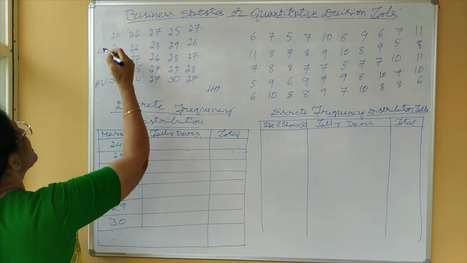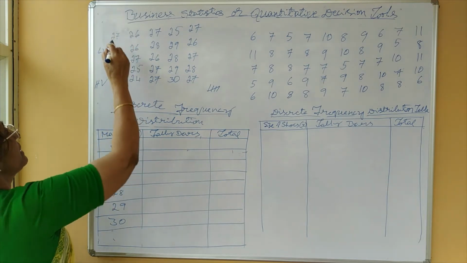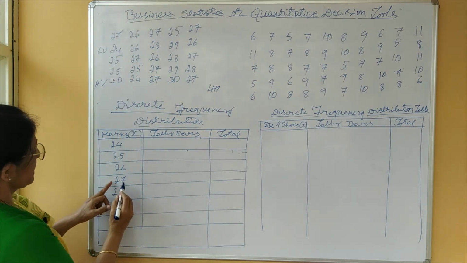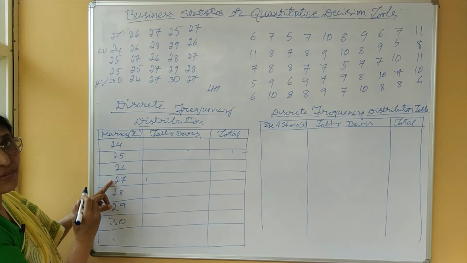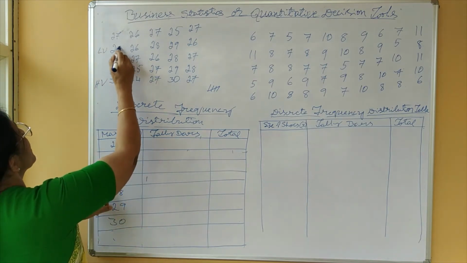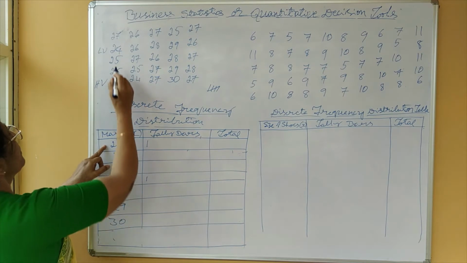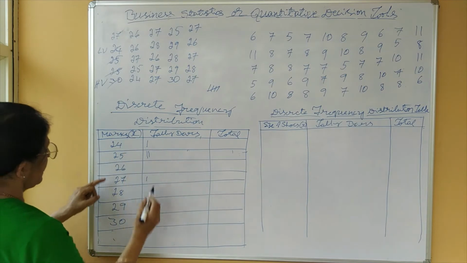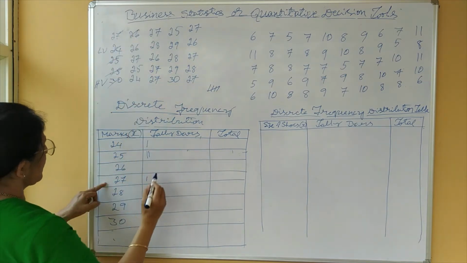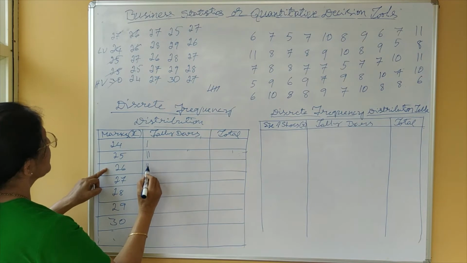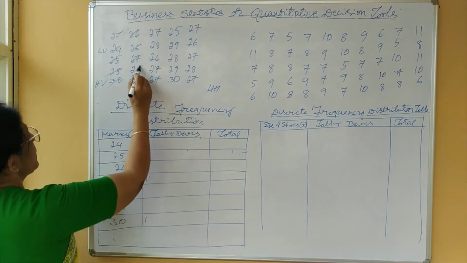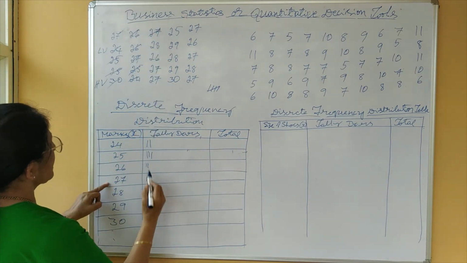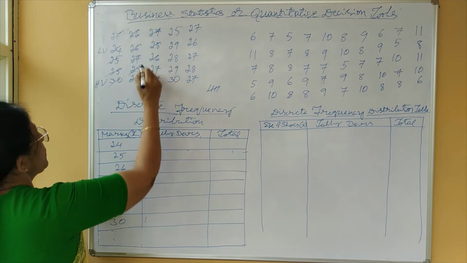Here, first one is, in order to avoid confusion, I am striking out, or you may take here 27. Here it is for 27, corresponding to 27 put a tally bar. Next one is 24, corresponding to 24. 25, here again 25, 30, 26, 26, 27, 25, 24, 27, 28, 26,